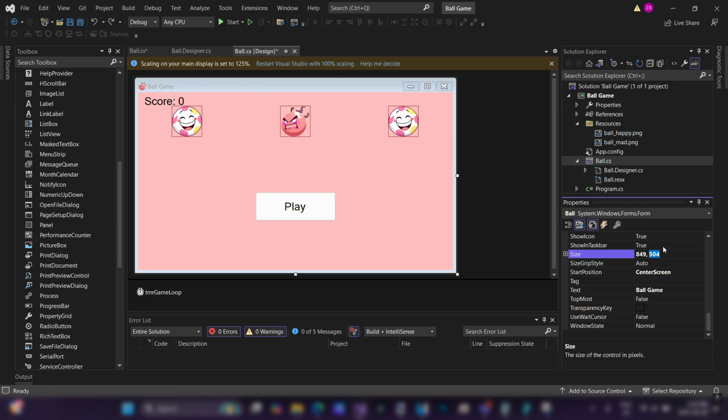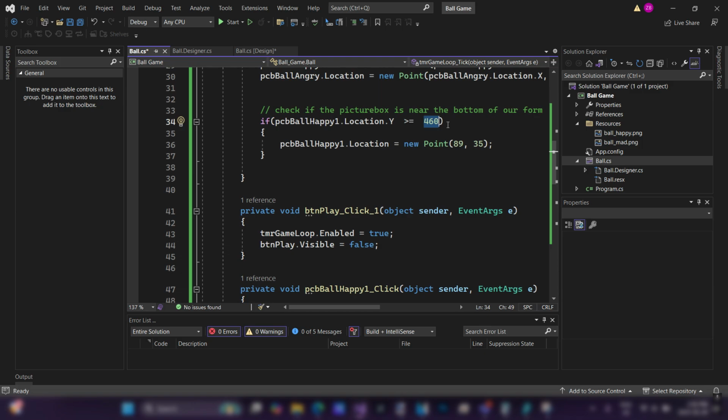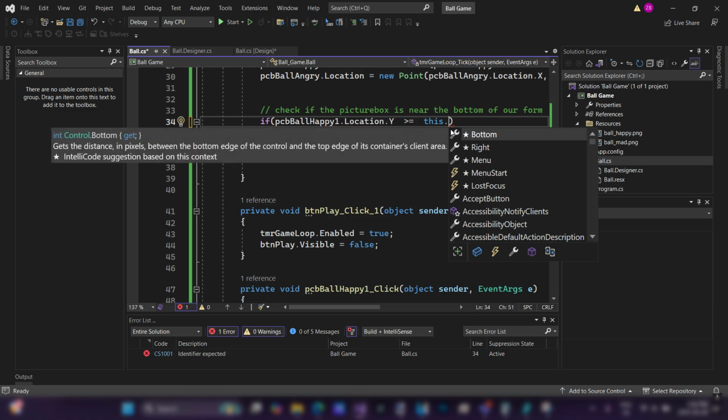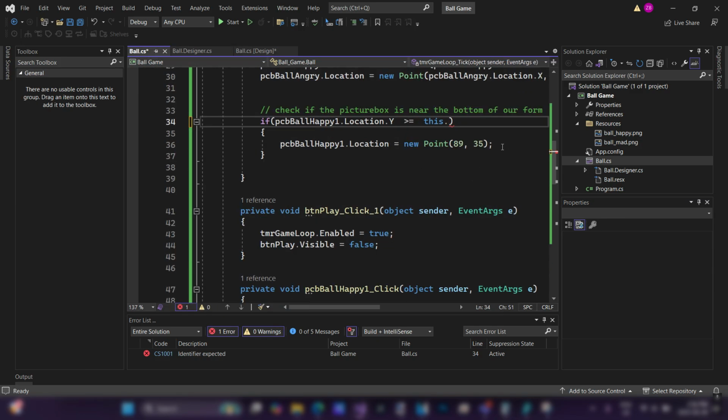So, knowing that 504, but more specifically, pretending I don't know the 504, look how we can change this if statement. I don't want to put 460, but I want to refer to my form. And we know that the this keyword refers to the form. And I'm interested in the height of my form, right? I'm interested in the size of my form. So this.Size.Height,